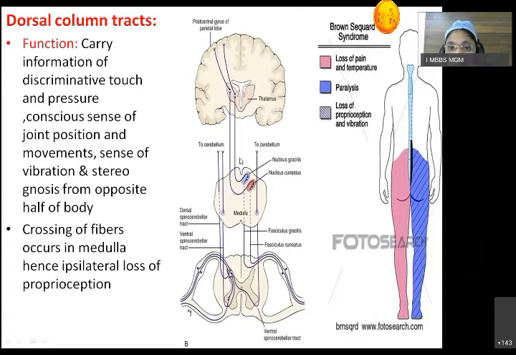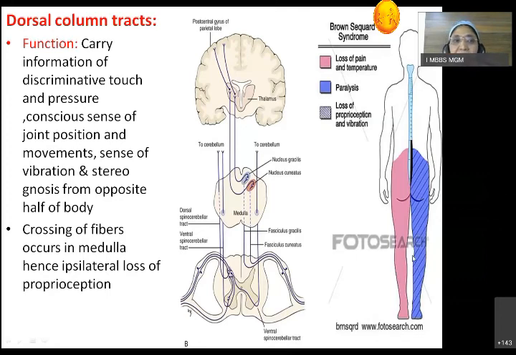That we know. Now here, the dorsal column also carries proprioceptive sensation from the opposite half. But in Brown-Séquard syndrome, there is loss on the same side. Why? Because the crossing occurs above, the lesion is below and the crossing is above, and that's why there is ipsilateral loss of dorsal column sensation. Are you clear?